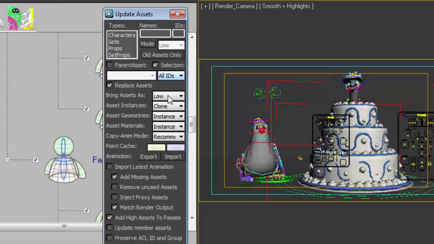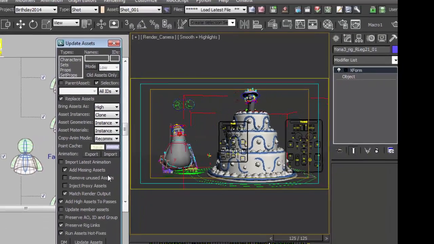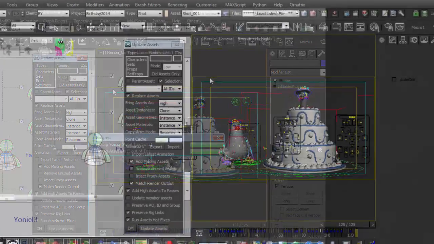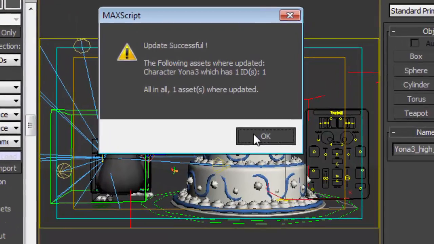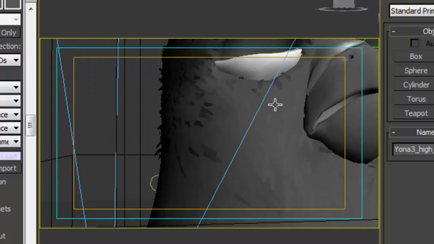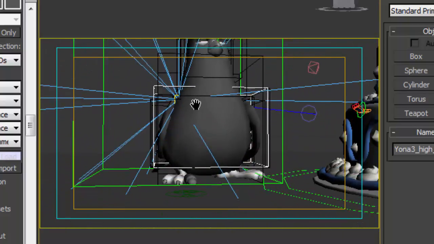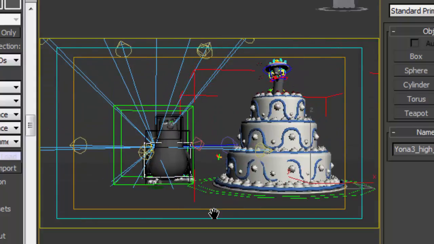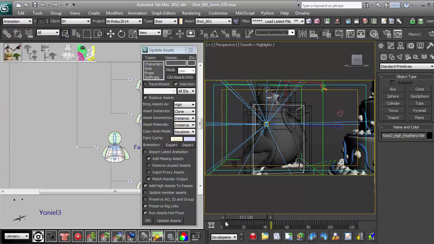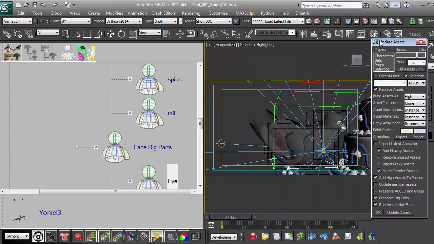Here I'm just updating a specific character that I've selected, and I'm updating it from low res to high res. You can also do the low res to low res just to update the rig, and this is actually what it did earlier when I opened the shot. But in this case, what I just did is update the character from low to high, and this will actually bring the high-res version of the character with all the fur and the lighting and shading, and it will generate all geometry caches and load the caches into